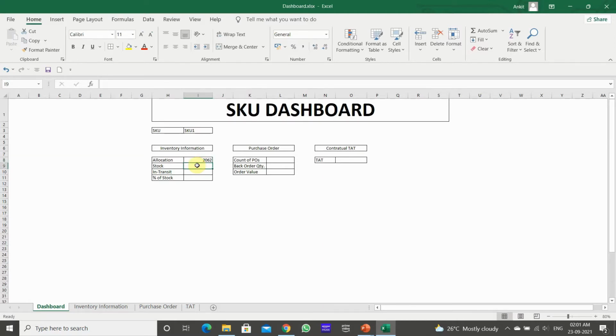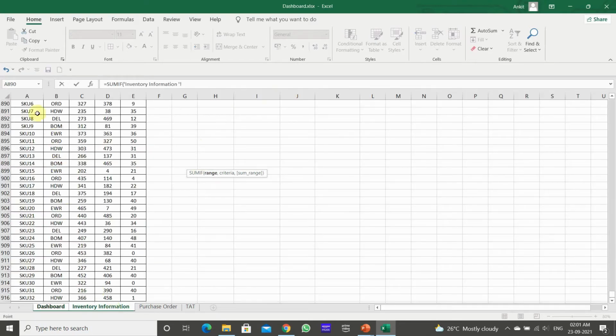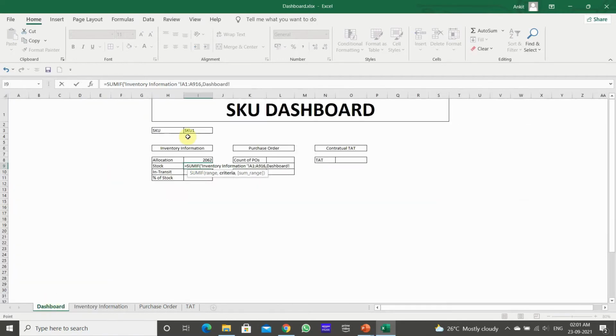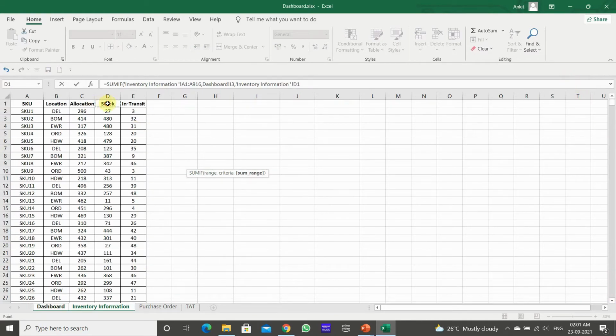the SKU1 allocation is 2062 quantity across all the warehouses. Similarly for the stock, equal to SUMIF, the range of the criteria, that is SKU, and we will select this one, and what is the criteria? Criteria is SKU1 and the sum is of stock. We will select the stock.